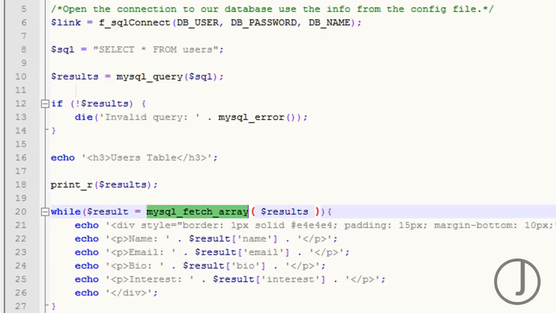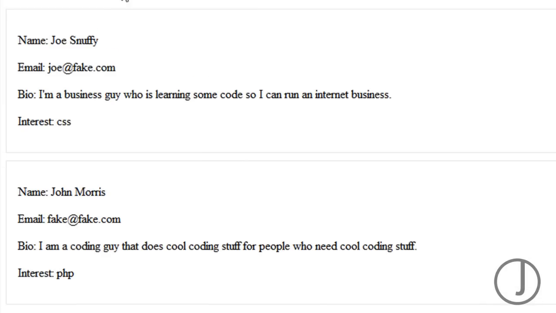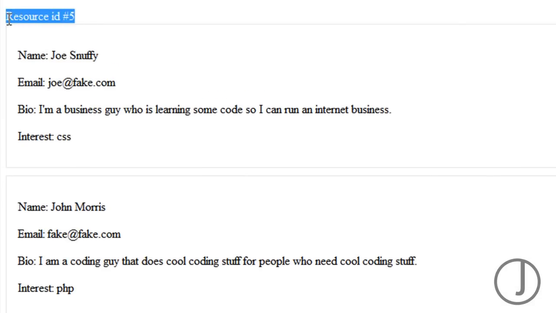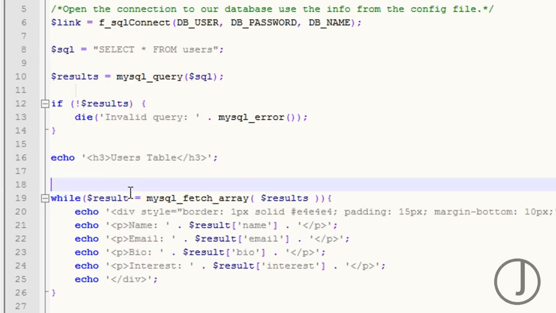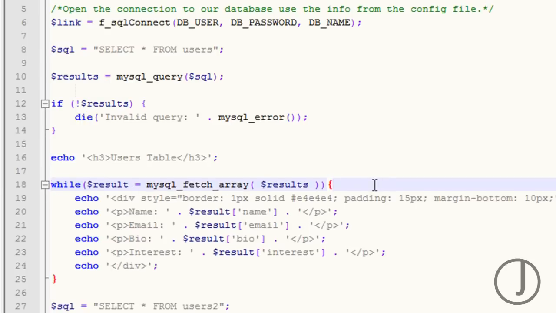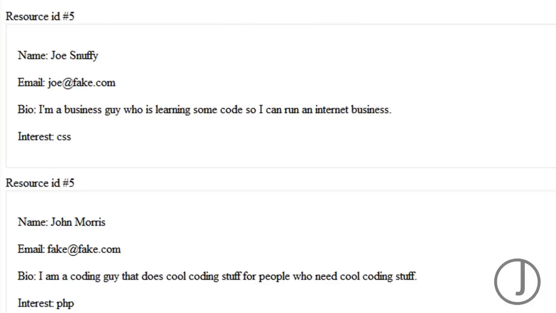If we do that and we come over here and refresh, you'll notice I get a resource ID number 5. That's referencing the MySQL resource that was created from the query we sent. So again, that shows that we can't directly manipulate the data. We have to use this MySQL fetch array. So now if we come down below here and we put this under this MySQL fetch array and we refresh,